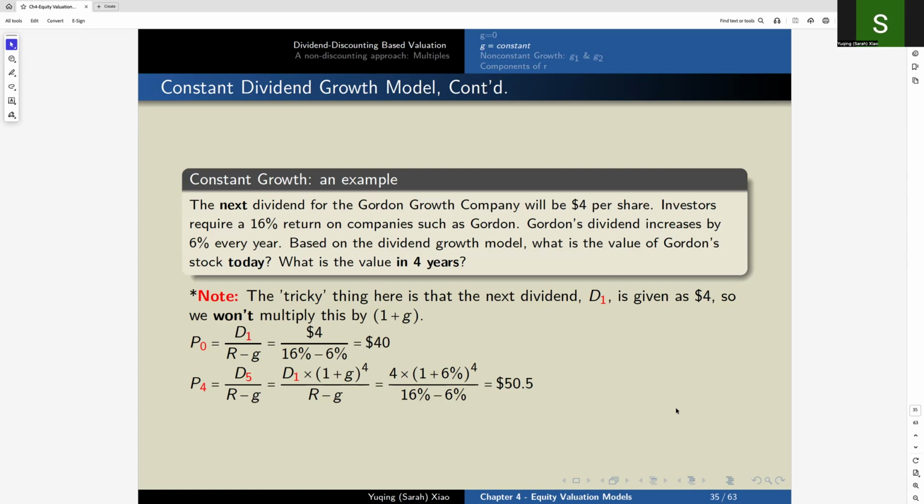And the third step is to divide the $4 by 10%, which gives us $40. Now suppose we want to know the price 4 years from now. By that time, the dividend will have grown for 4 years. So we take $4 times 1.06 to the power